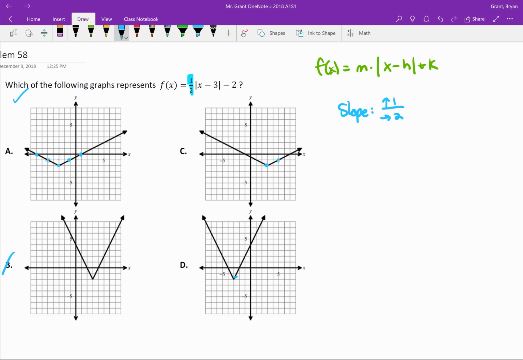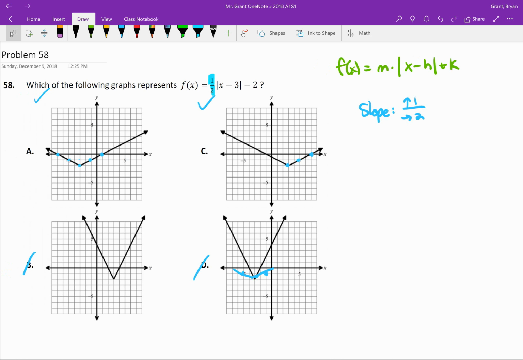C, up 1 over 2. C looks good. D, up 1 over 2. D does not look good. So we're down to either A or C. 50-50 shot. The way we narrow it down further is we need to remember that in HK form there